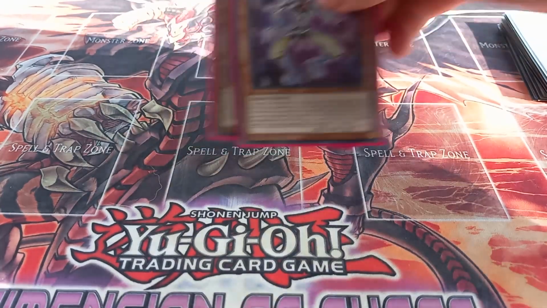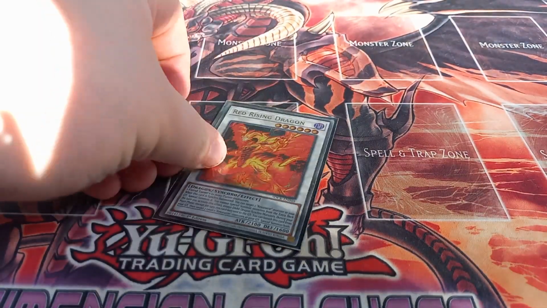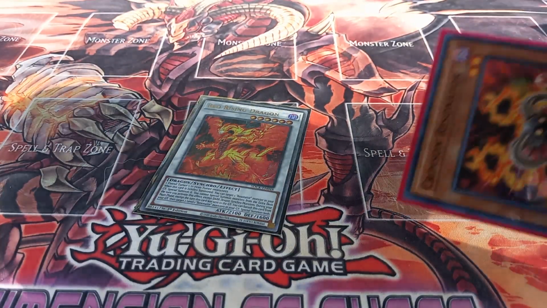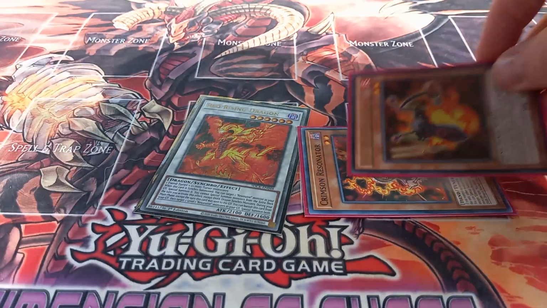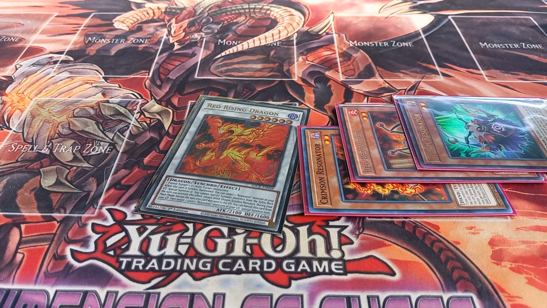Then you tune Soul Resonator with Bone Archfiend to then be able to summon your Red Rising Dragon. Red Rising Dragon's effect activates, targeting your Crimson Resonator, summon the Crimson, and then Crimson Resonator's effect will activate, letting you summon 2 more Resonators from the deck, which you can choose Red Resonator and Vision Resonator if you want to do level 8 and 10 plays, or you can tune them all for Red Supernova Dragon,